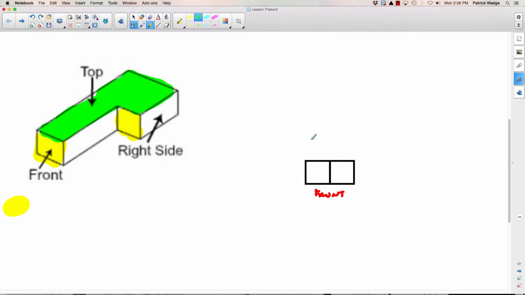We're going to draw a P shape above this. And it has to line up perfectly. So what I mean by that is you wouldn't draw the P over here. That does not line up perfectly. Like this would not make sense. You'd want to make it so it lines up with this